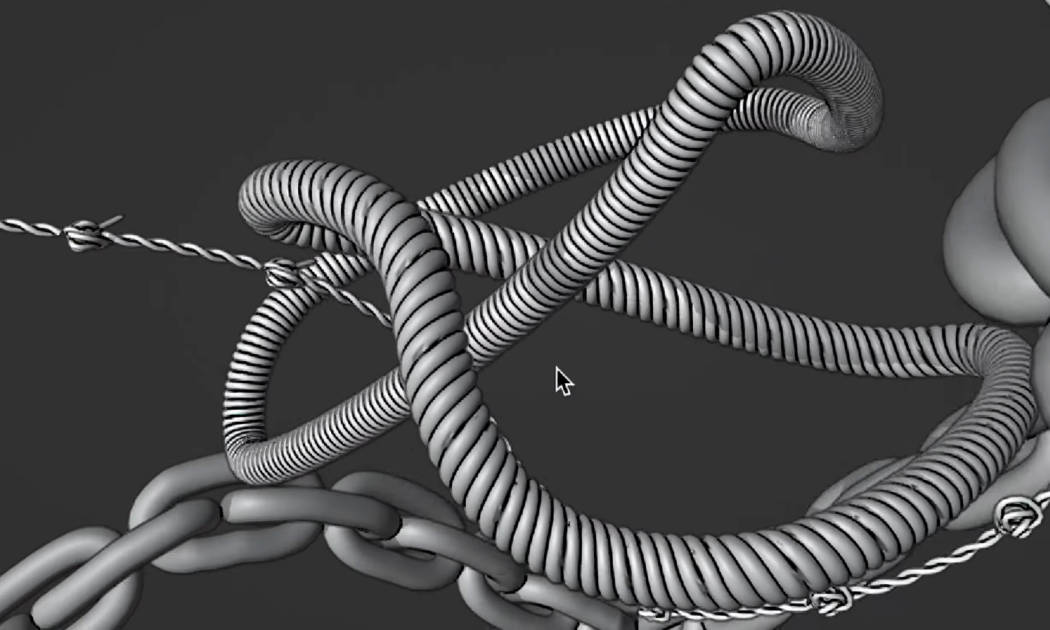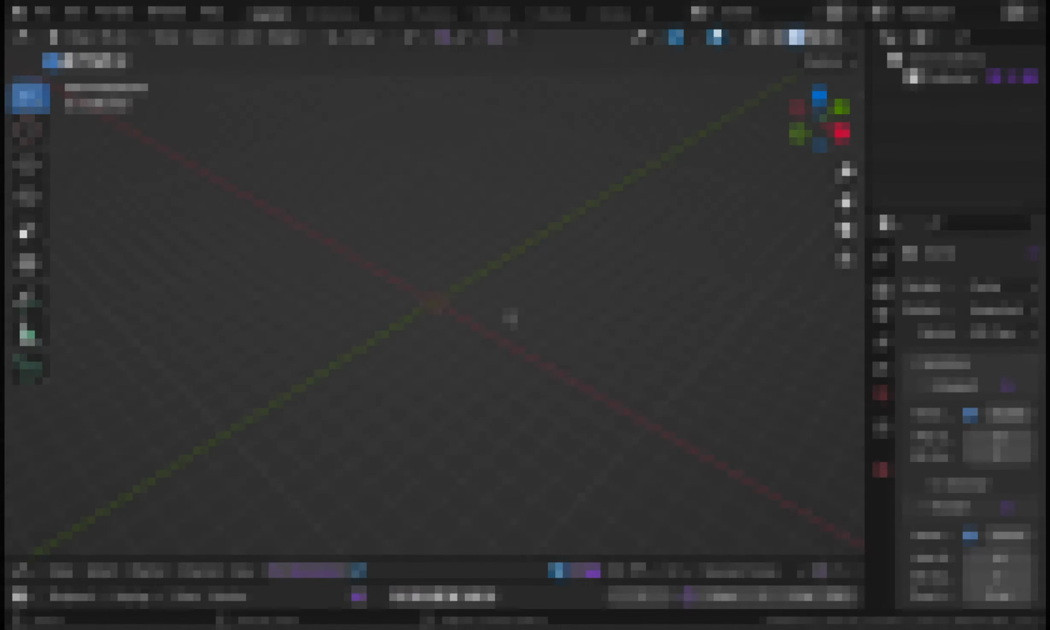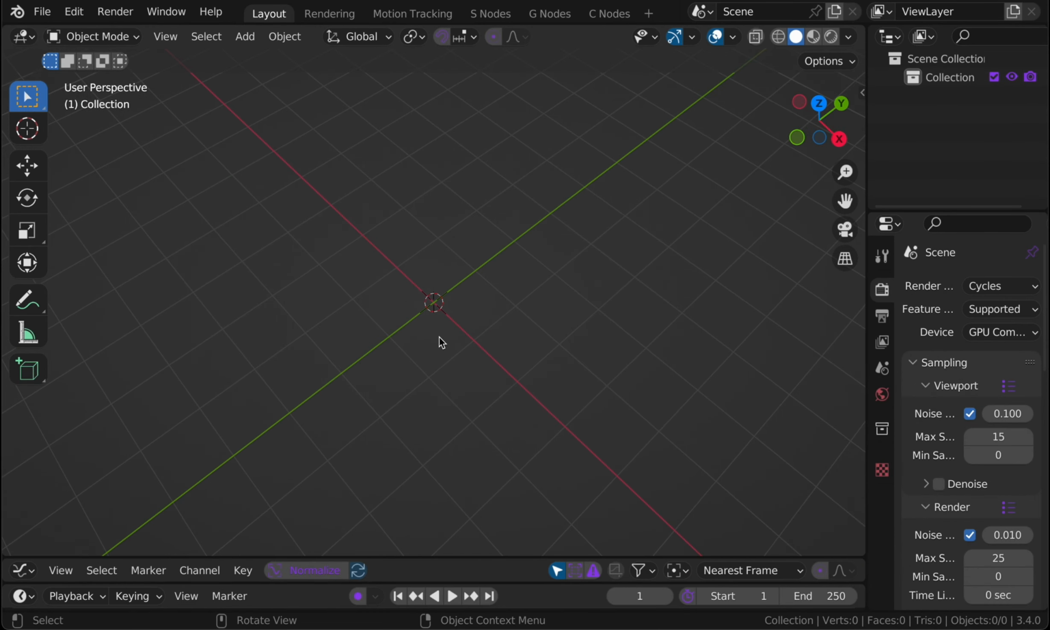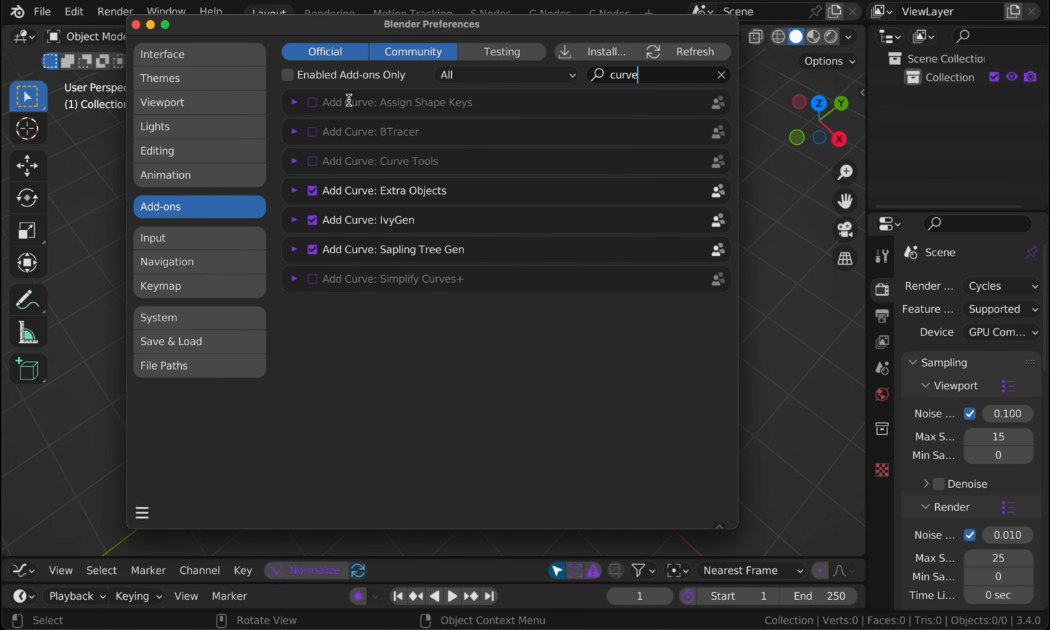In this video, I'll show you a useful technique to create 4 different kinds of cord. So the first rope chain thingy that we're going to make is going to be a wire. To do this, I'm going to go to Edit, Preferences, and I'm going to search Curve and see Add